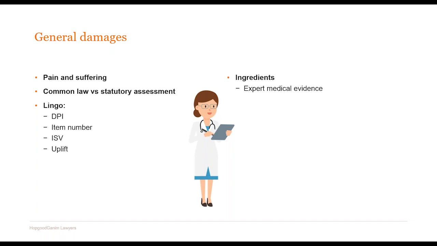Before the legislation was enacted, we undertook a common law assessment, which required considering judgments involving similar injuries. So you would have to go and find other cases involving, for instance, lumbar spine injuries, and see what those plaintiffs were awarded in order to determine the likely pain and suffering award. It's interesting to note that the legislation has generally resulted in lower damages awards for the more common types of